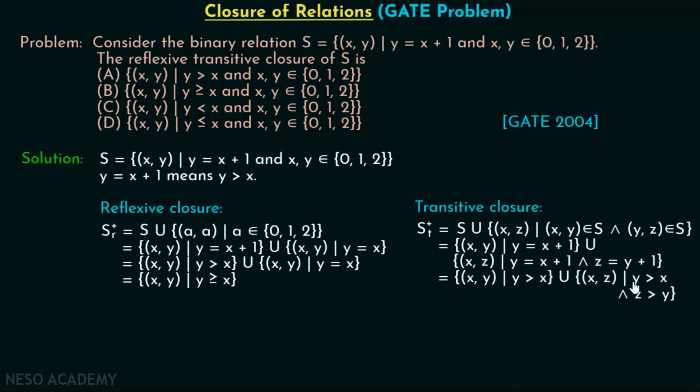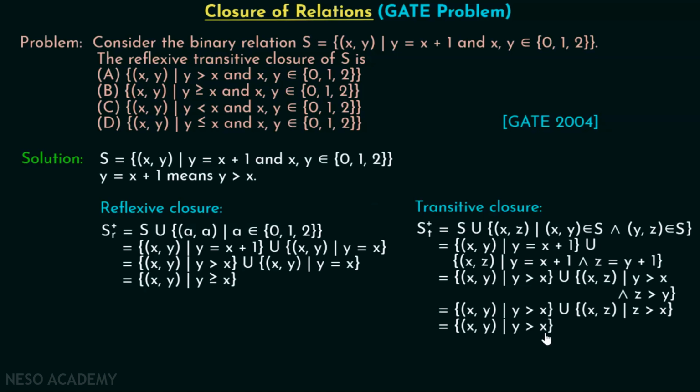Okay? Now if you see this set carefully, here it is written y is greater than x and z is greater than y. Think about this. z is greater than y is greater than x. So we can say that z is greater than x, right? So we can easily replace this statement, that is y greater than x and z greater than y, by z greater than x, right? So we got a set of all ordered pairs x comma z such that z is greater than x, right? Here we have the set of all ordered pairs x comma y such that y greater than x. Now what is the union of these two sets? Obviously, the set of all ordered pairs x comma y such that y greater than x.